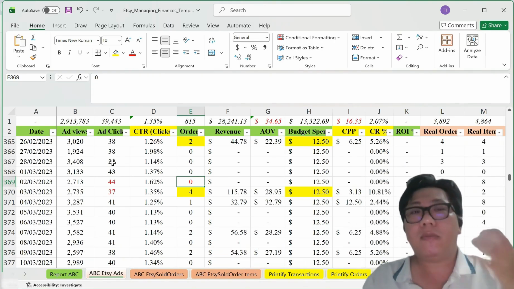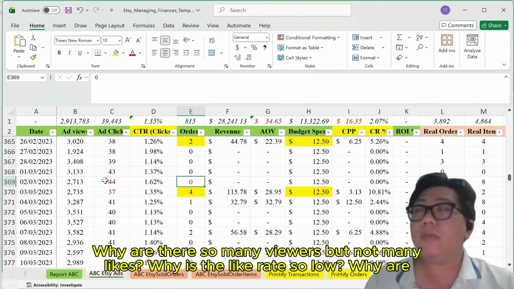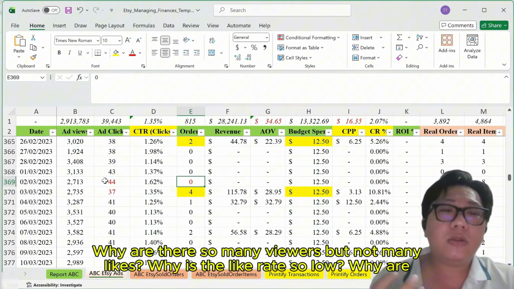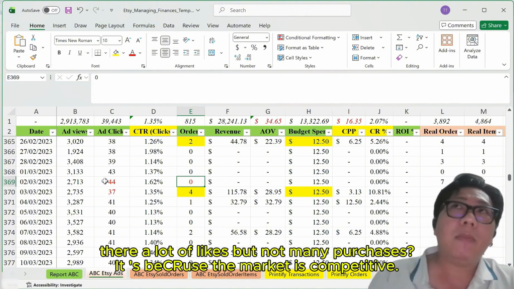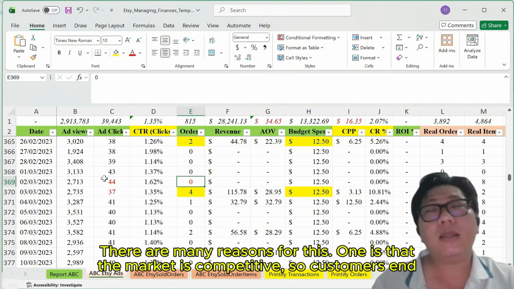Why are there so many viewers but not many likes? Why is the like rate so low? Why are there a lot of likes but not many purchases? It's because the market is competitive. There are many reasons for this. One is that the